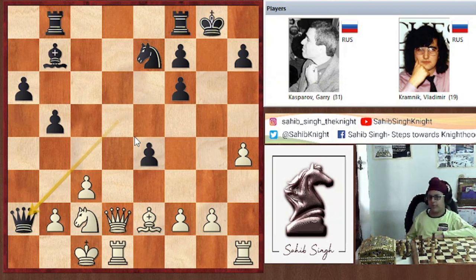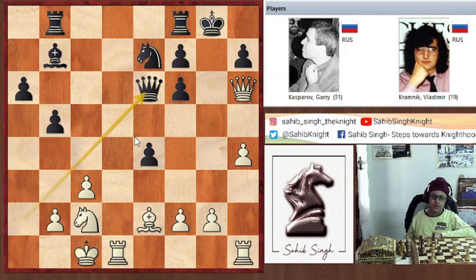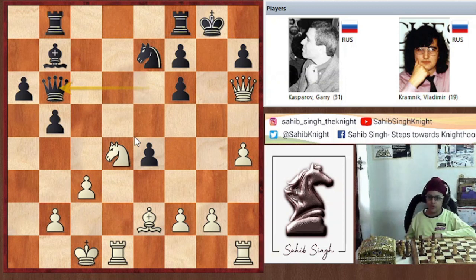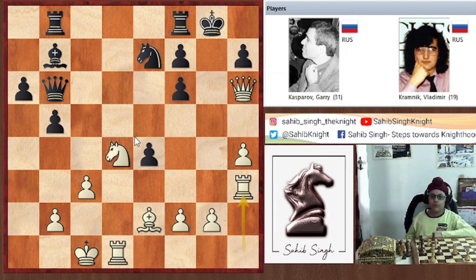Kramnik grabs the pawn, and here Kasparov plays queen to h6, going in with the queen to attack his king. The queen e6 by Kramnik, and knight d4 by Kasparov, and queen to b6. Rook to h3 was played, and rook d2 is also good, but Kasparov wants to attack and attack. Rook to h3 was played in the game, and he played king h8,